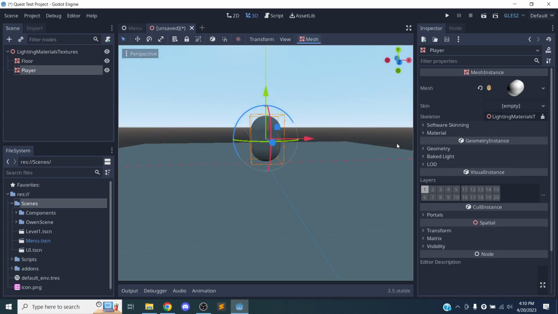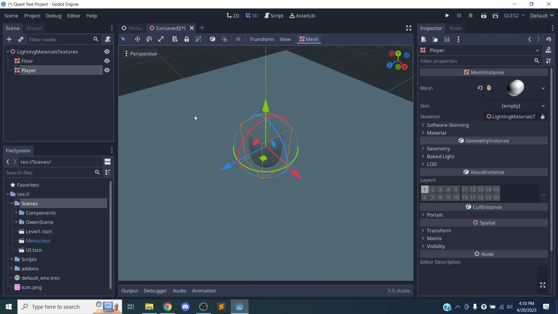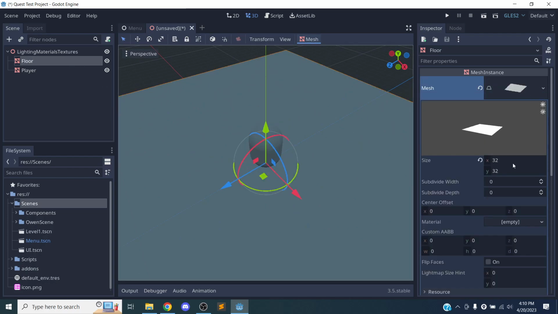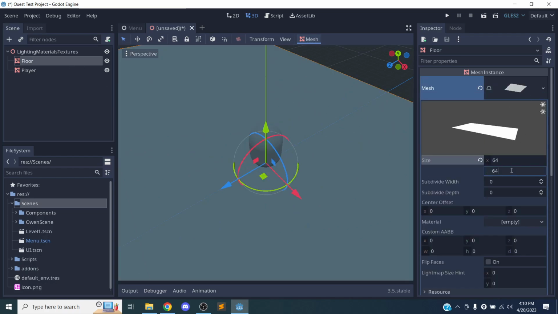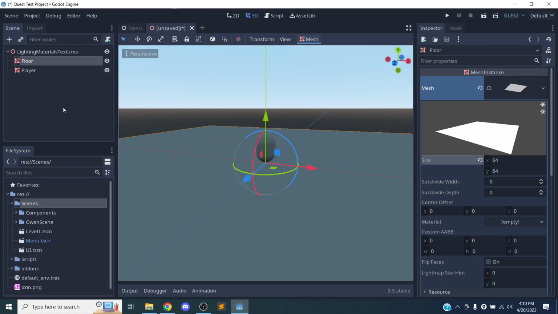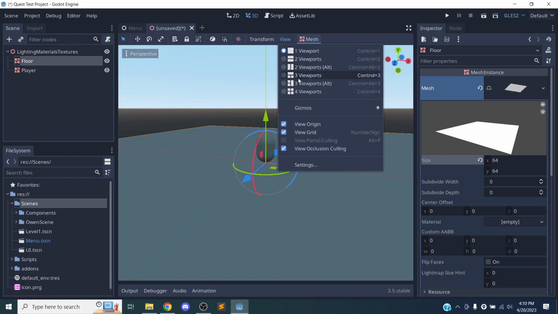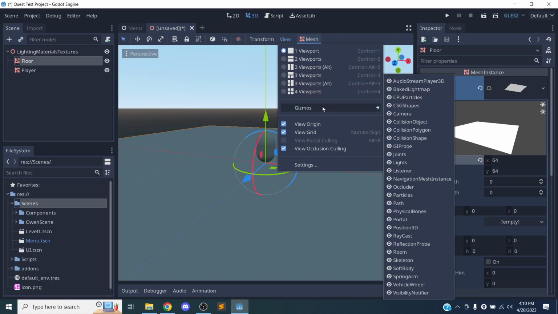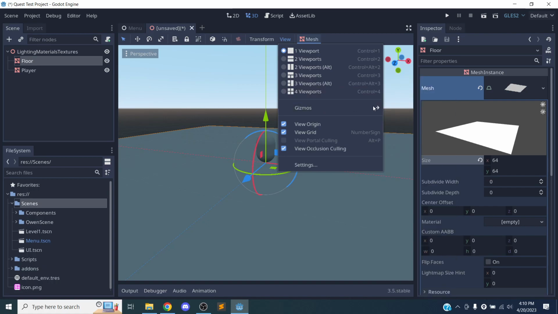And there we go. So we can use this, this is like our basic player height. Let's actually make the floor a little bit bigger, 64 by 64. So one thing that we noticed right away, I'm going to go to the view and turn off some of our gizmos. Let's turn off our